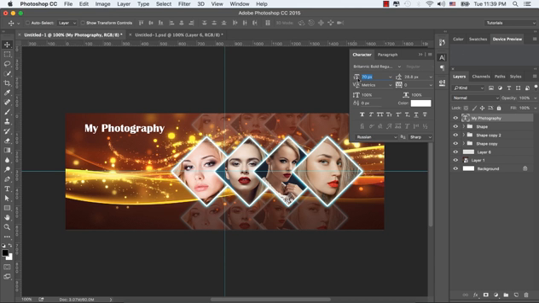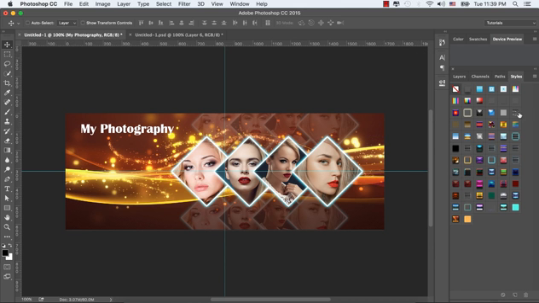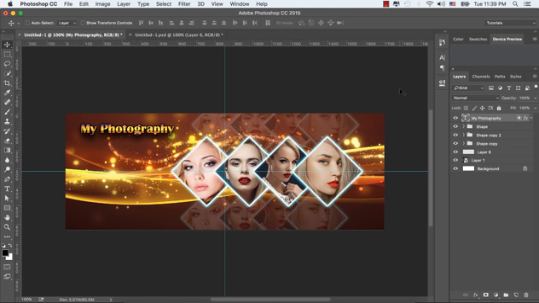Let's increase the size of this text, and let's change the layer style. Let's take this one. Let's try another one. Let's try this one, my photography, which matches the background image.